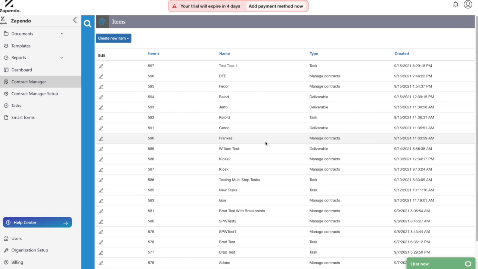In this video, we're going to discuss how to set up standard workflows for tasks, deliverables, contracts, or in the company. The process is exactly the same, you'll just have to select a different type. Now, I'll explain to you the reason why we would do that,